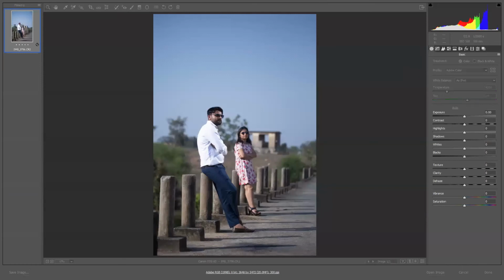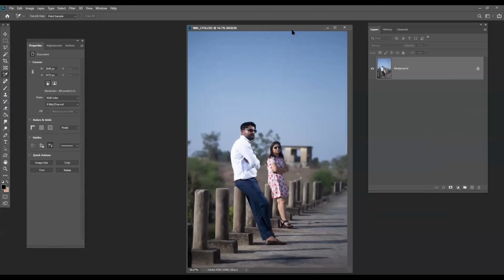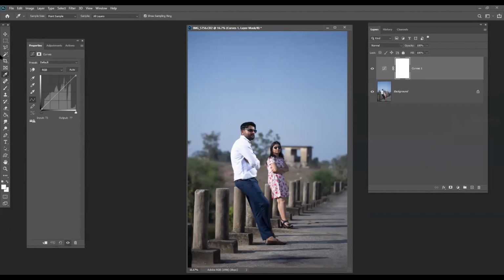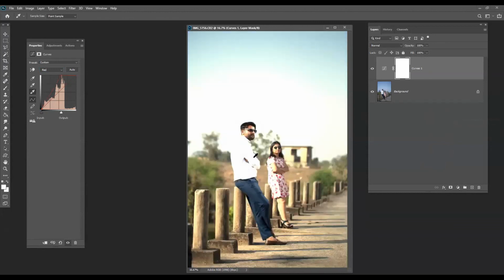So let's do a basic color grading. How can we do a basic color grading? Just using the curves, points of curves. We take curves, go to a specific color channel, and go to the white point, the topmost point, and try to pick a proper white point. Sorry, it's the white point. Now you can see the exposure slowly changing.